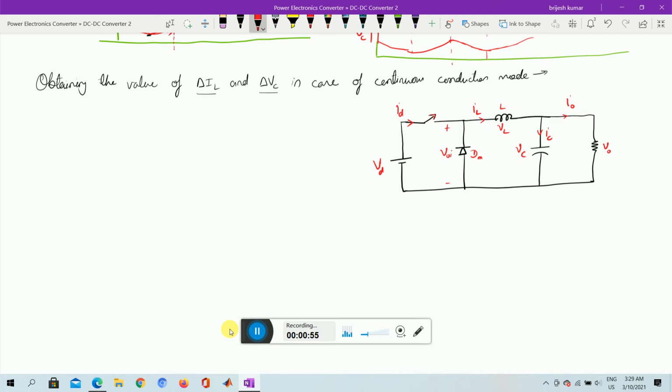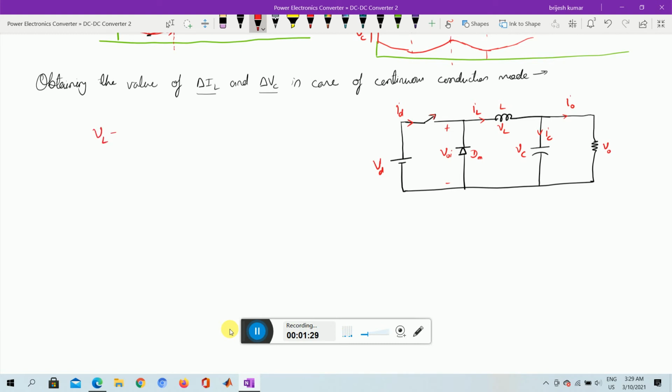Since it's a continuous conduction mode, during the turn on time the inductor will store the energy. During the off time the inductor will discharge the energy. So the design should be such that during one cycle the energy stored and energy released must be equal. Otherwise it will keep on storing the energy and you will not get a proper output. So if the net energy in the inductor is equal to 0, we can write